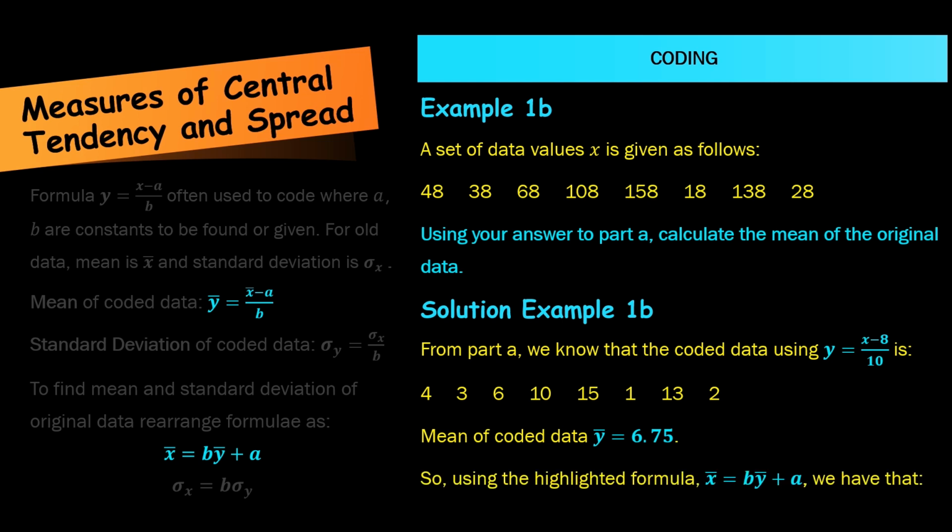So, using the highlighted formula x bar equals b times y bar plus a, let's plug in the values, and we have x bar equals 10, which is b, times 6.75, which is y bar, plus a, or 8,